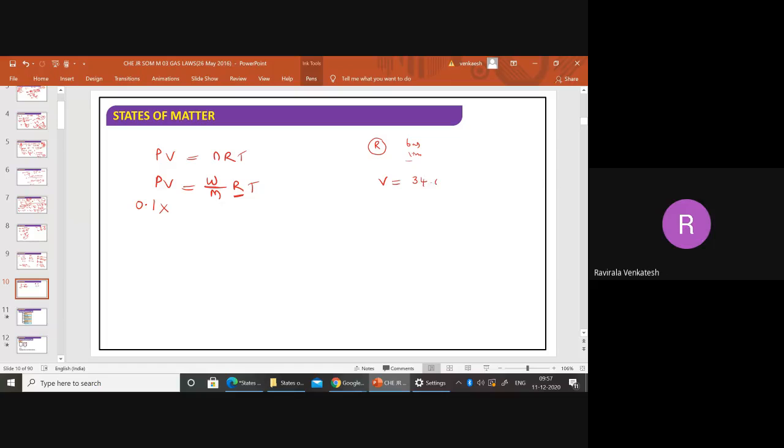34.05, convert into liter just by multiplying with what? 10 to the power of minus 3. Remember, when you want to convert into liter, multiply with 10 to the power of minus 3. When you want to convert into ml,